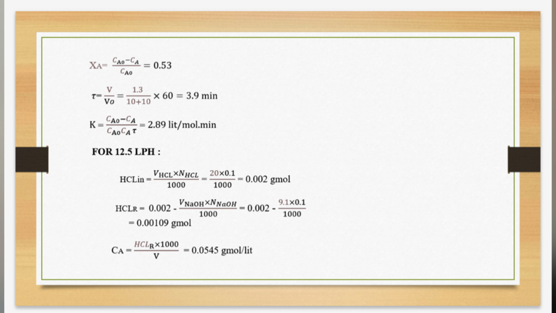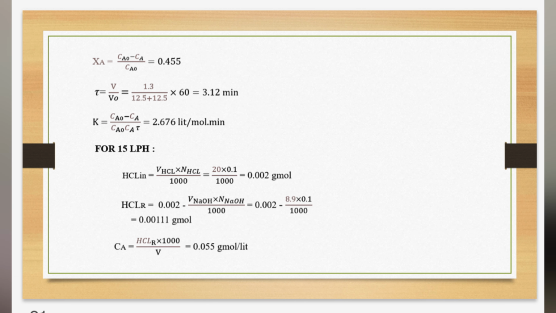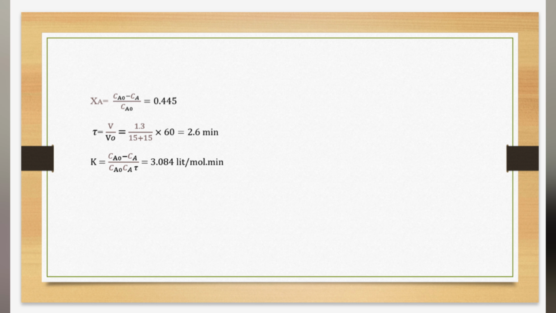From this value of concentration of A, the conversion of A is calculated. The mean residence time for 10 lph is calculated, which comes out to be 3.9 minutes. Conversion of A, which is 0.445. For 15 lph, the mean residence time is calculated, which comes out to be 2.6 minutes. From all these values, the rate constant is calculated for 15 lph, which comes out to be 3.084 liter per